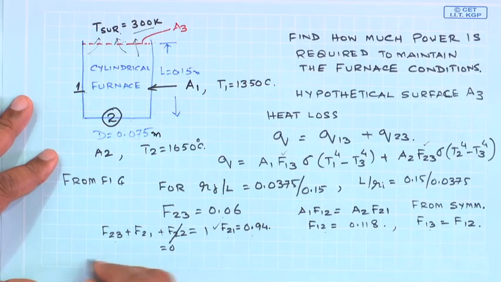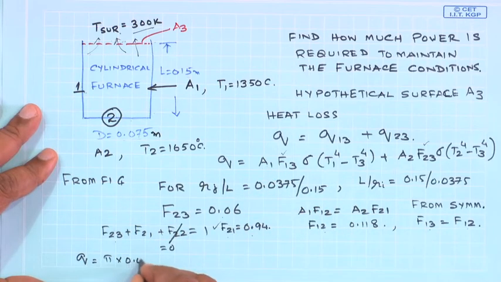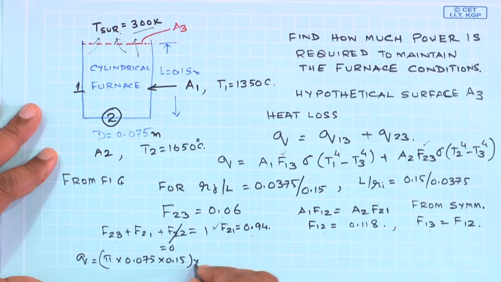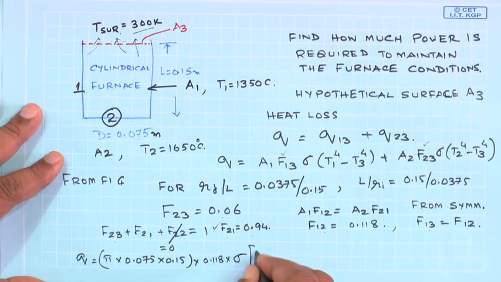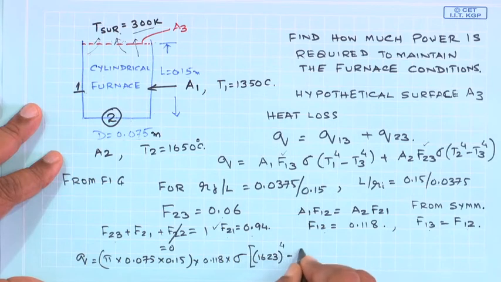So, therefore, the total Q would simply be the area over here, pi times 0.075 into 0.15, which is pi dl, times F13 is 0.118 into sigma, which is the Stefan-Boltzmann constant, and 1623. You have to be very careful that always the temperature is going to be in absolute temperature in Kelvin, minus 300 to the power 4